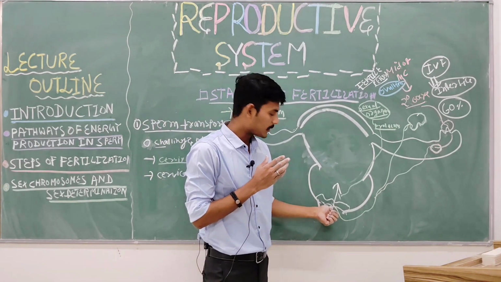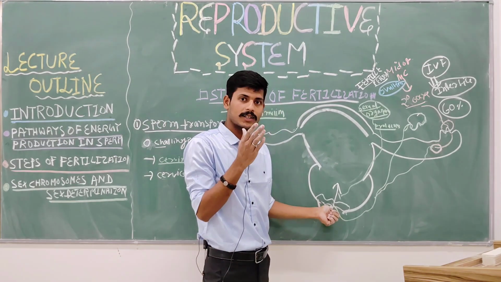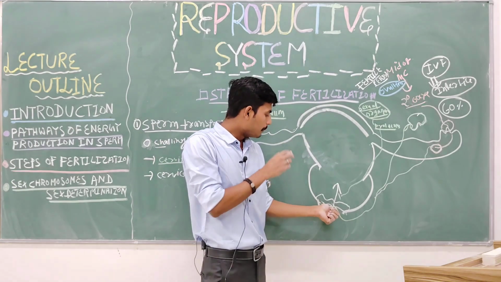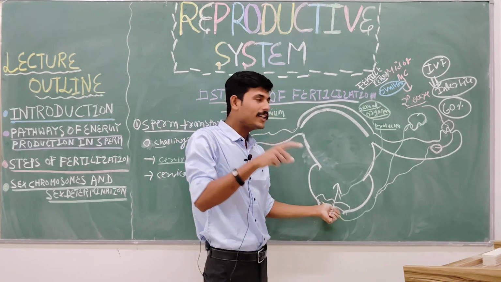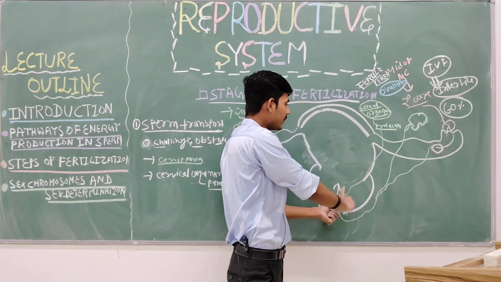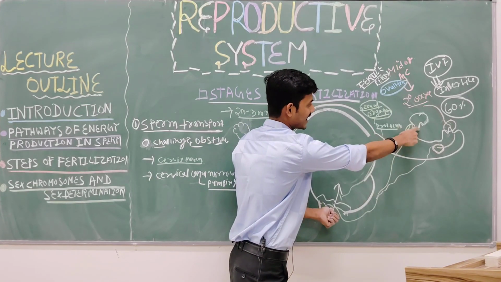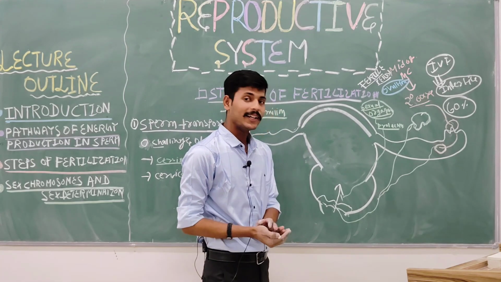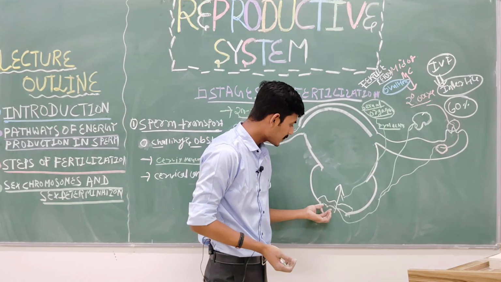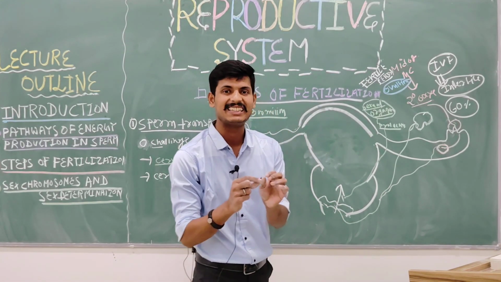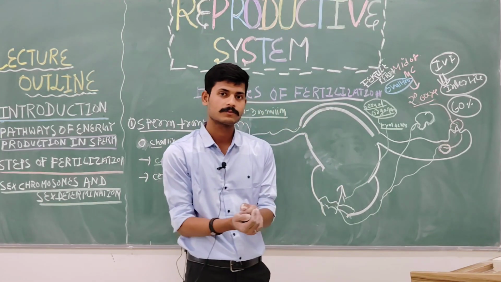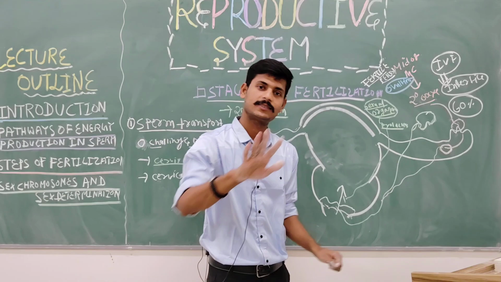Because in most of the menstrual cycle, the mucus quality is thicker. Only during the ovulation period, under the effect of progesterone, which is secreted by the corpus luteum, there is a change in the thickness of the mucus, and it becomes thinner. It's easy for the sperm to go. One step, finished, done.